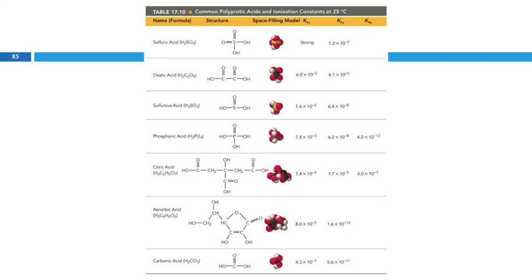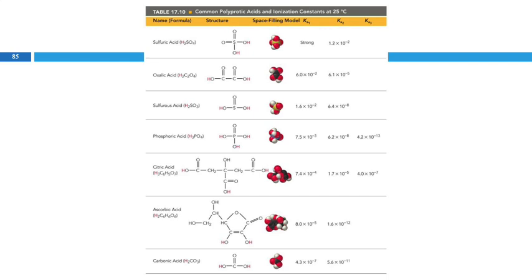These are some common polyprotic acids and their ionization constants. So they're listing Ka1, Ka2, and Ka3. There are some triprotic acids. The first one here on the list is sulfuric acid, which hopefully is familiar to us and we recognize, but